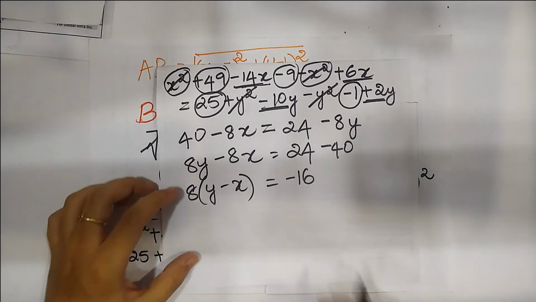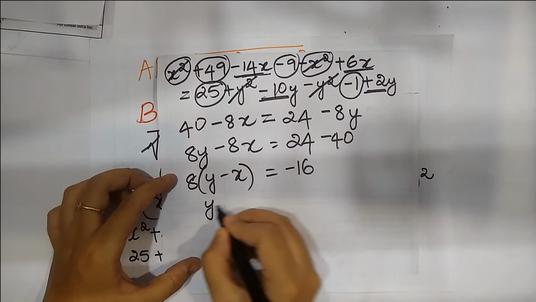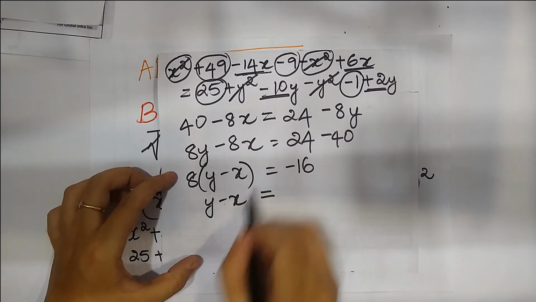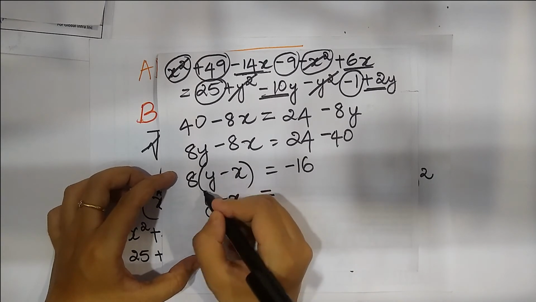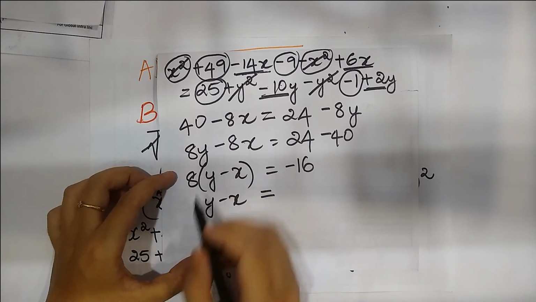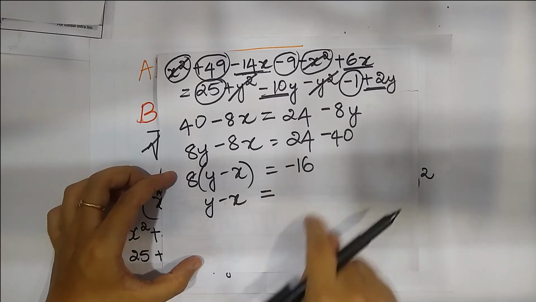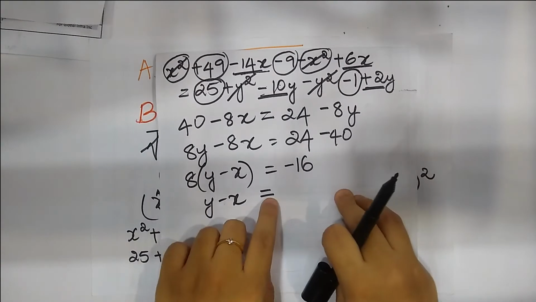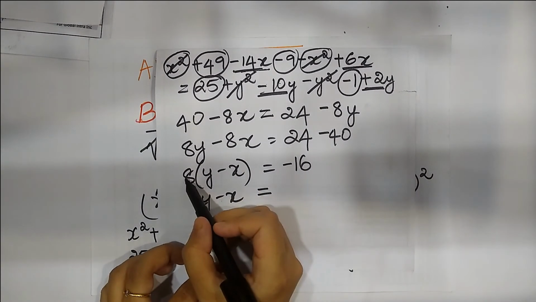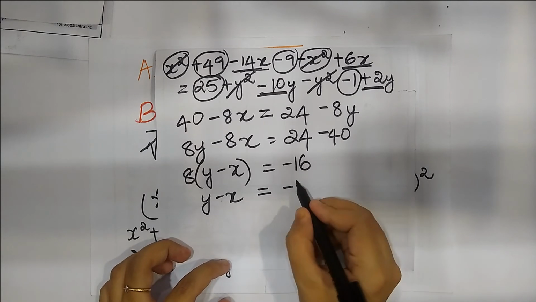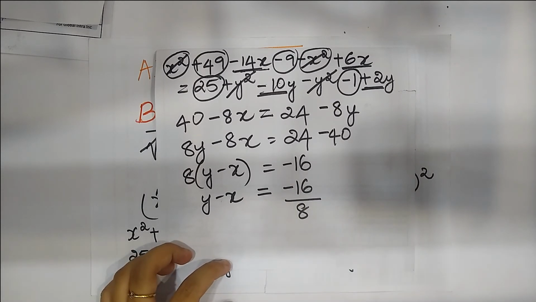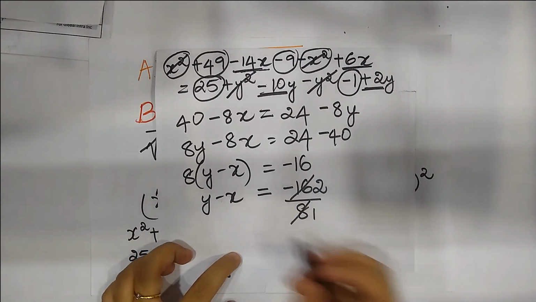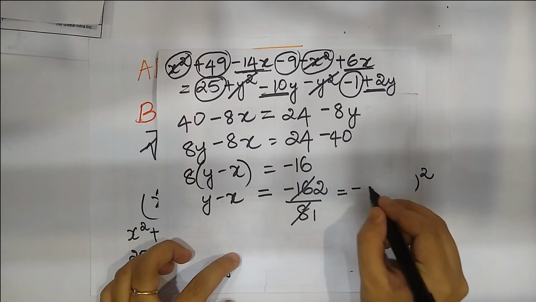Then what you can do here is, y minus x remains on the same side is equal to, if you see there was a bracket here, and bracket means multiplication. So in this case, it was 8 into, right? When this 8 goes to the other side, it becomes divided by 8. When there is multiplication and it goes to the other side of the equation, it becomes a division. So this becomes minus 16 divided by 8. If you do this, 8 ones are 8, 8 twos are 16. So you get y minus x is equal to minus 2.